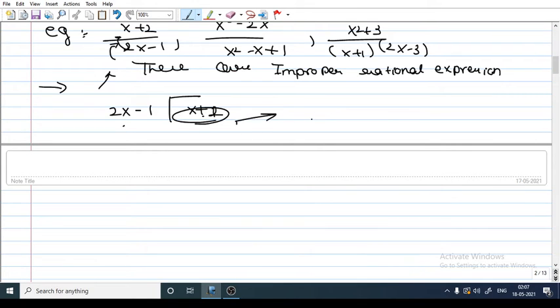Now when we see examples, we will do that there, because solving the example here will just increase our time. So when we come across this type of improper rational expression, I will definitely tell you how to deal with that, the process of dividing it and expressing it. I have also given you a hint of what you have to do: divide it and then express it using dividend is equal to divisor into quotient plus remainder.